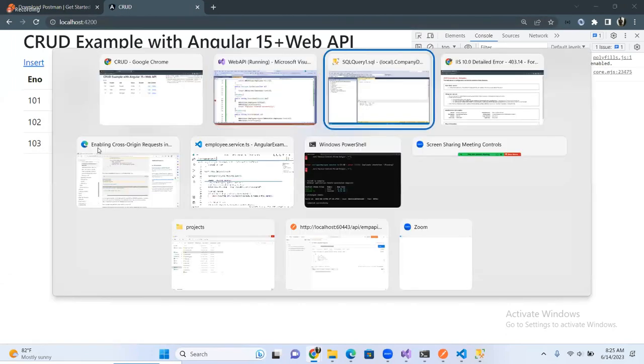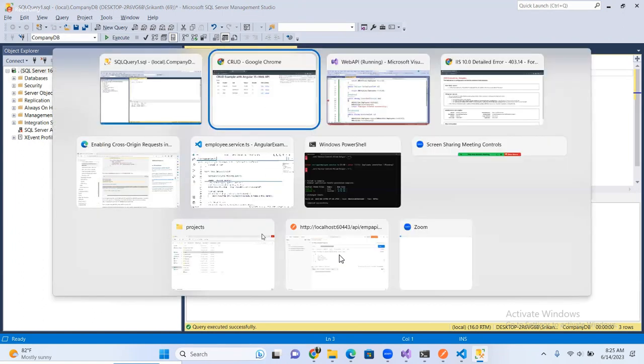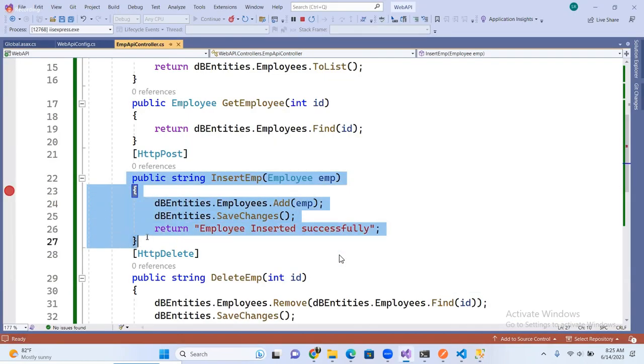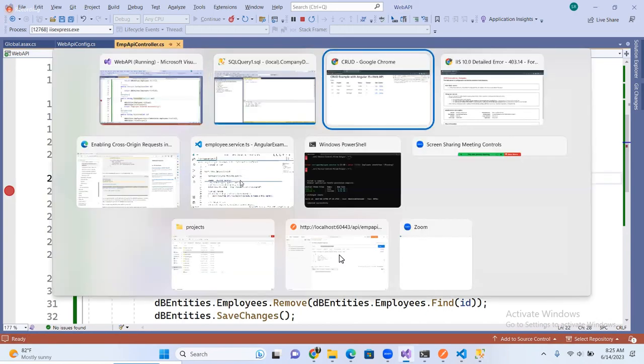And if you can go to the database, right now we have two, and then execute. Now you see, am I able to get 103 or not? But how am I able to execute this particular one? For that reason, what I am doing in the database, I mean in the backend, I am writing like this. Now what I am doing, I am calling this particular method. How am I calling? Now go to